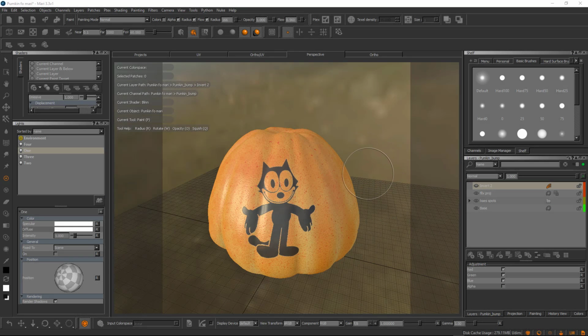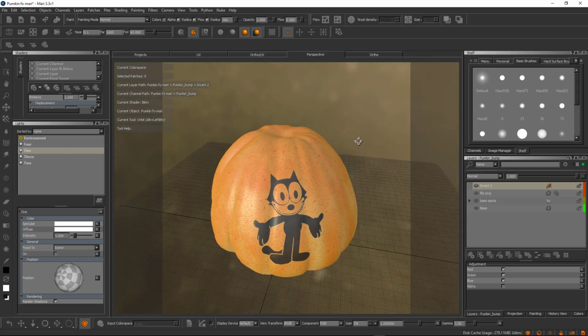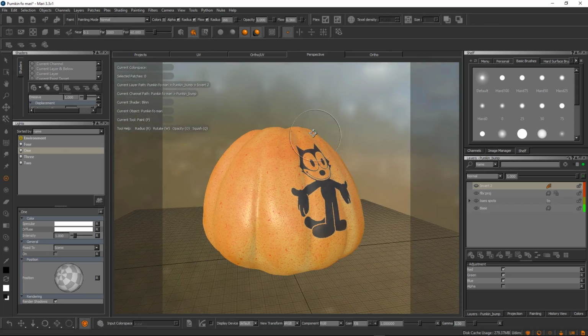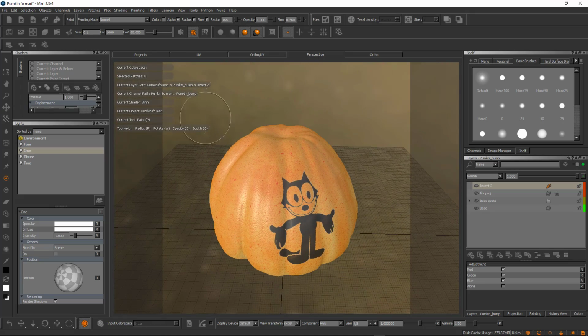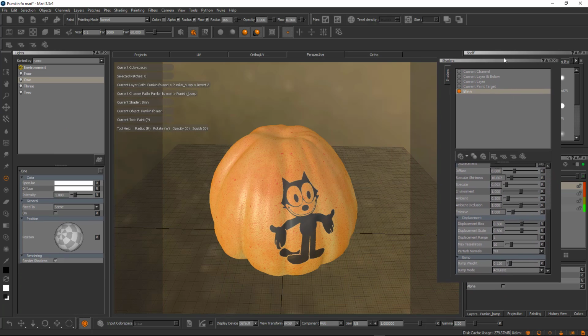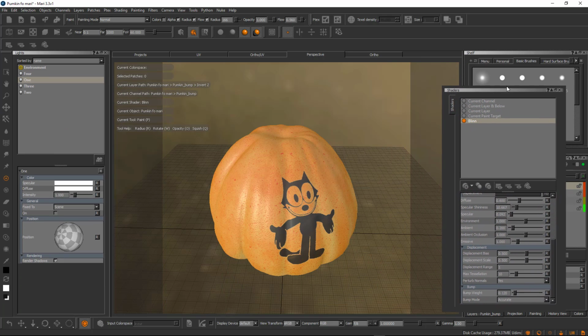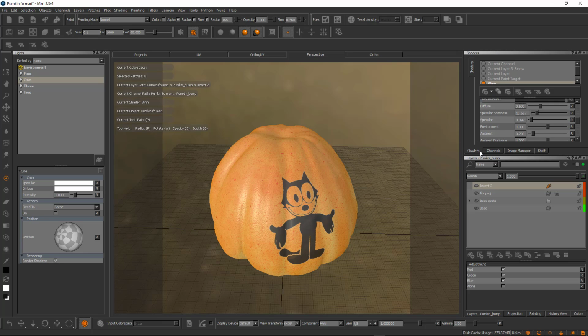Okay, so we are back, and this is the final part. This is how we get things out of Mari so we can put them together in Maya. And now that we have this lovely pumpkin, what can we do with it? So what we're going to do is, let me just grab my shader and move it back to where it was, just to keep things organized. So there's several ways that we can